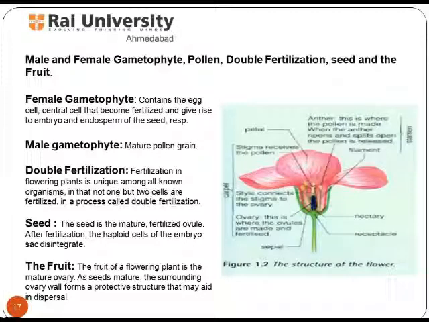The ovary itself is part of a larger structure called the carpel, which consists of the stigma, style, and the ovary. Each ovule is attached to the ovary tissue by a stalk called the funicle. As the flower develops from the bud, a cell within the ovule called the archespore enlarges to form an embryo sac mother cell.